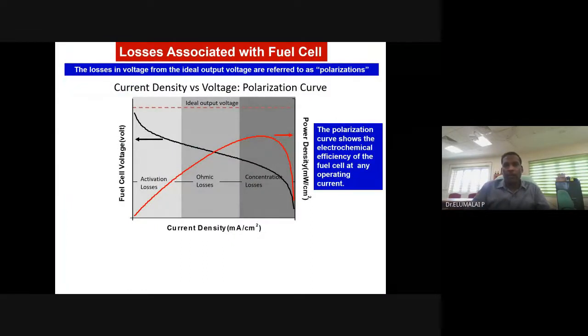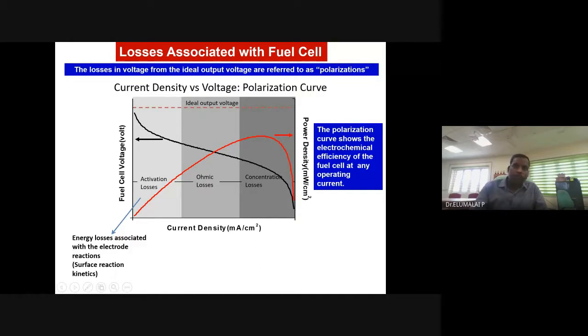And we come to the important topic of a fuel cell. We will not be able to get the theoretical performance from a fuel cell. Maybe in a lithium-ion battery, whatever you input, you will be able to get as output in terms of capacity or energy density. But it is difficult in fuel cells, because there are inherent losses associated with them. Various losses, at least 5 losses are associated with any fuel cell. And to understand that, we use the IV characteristic or power density curve.